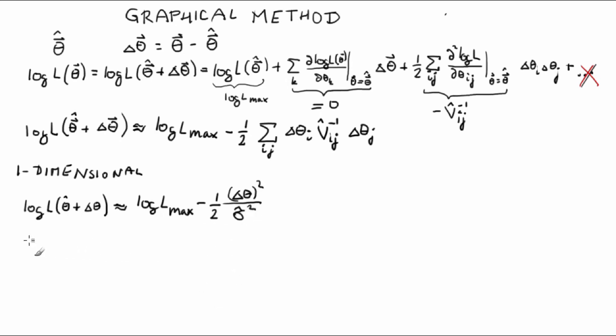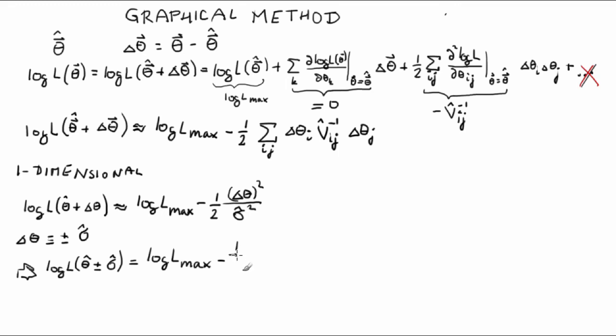Then, if we choose delta theta equal to plus minus sigma hat theta hat, we are getting a very well-known expression. log L of theta hat plus minus sigma hat theta hat equals log L max